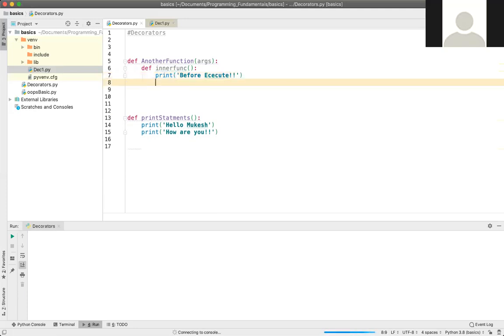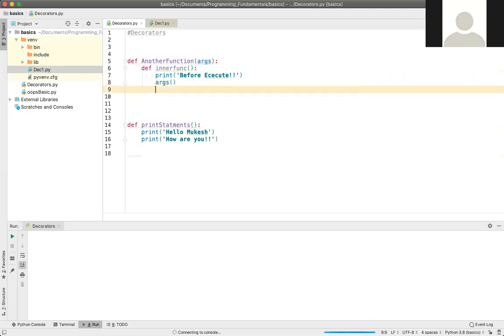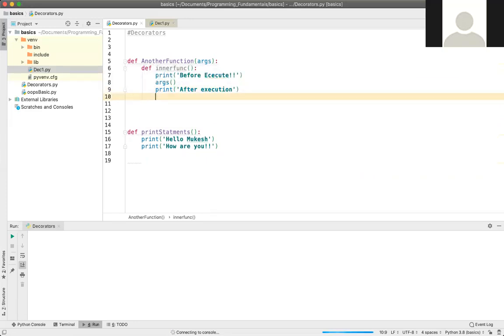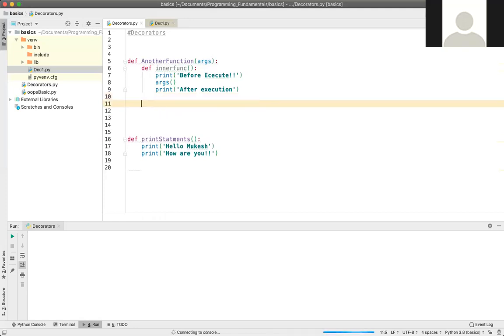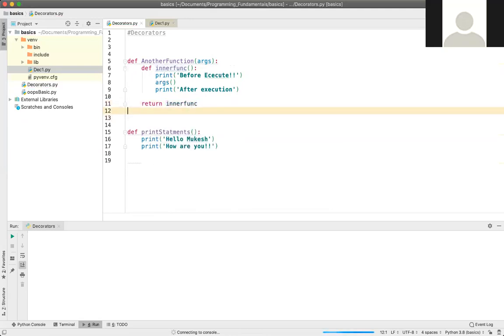I need to call that argument. I'll explain. Then a print statement, and here I'll say after execution. Now here I need to return the inner function. So guys, just look here.